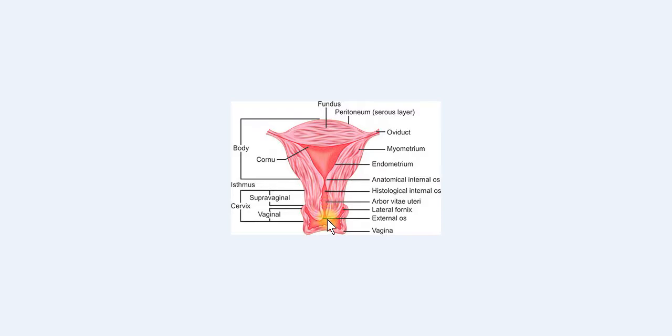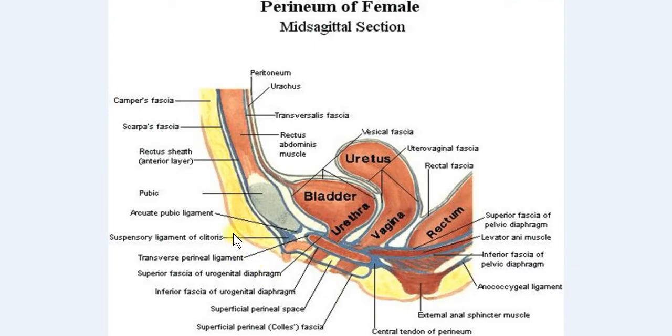Now we come to the ligaments of the uterus, the two types: peritoneal ligaments and the fibromuscular ligaments. Now we will talk about the peritoneal ligaments. If we see in this diagram, peritoneal ligaments don't provide any support, but they are the peritoneal ligaments related to the uterus. The first one is the anterior ligament, or we can say the vesico-uterine pouch, and the second one is the posterior ligament, that is the posterior recto-uterine pouch, and the third one is the broad ligament, right and left broad ligament.